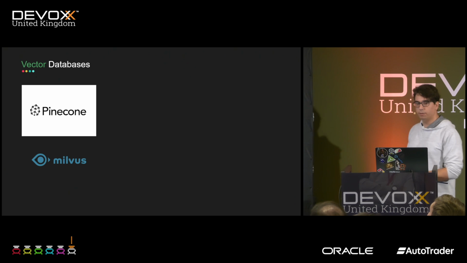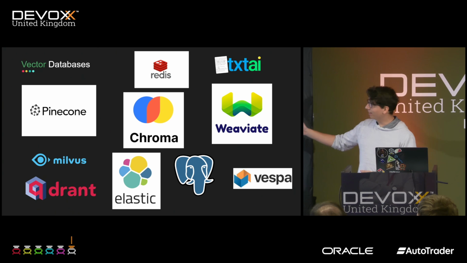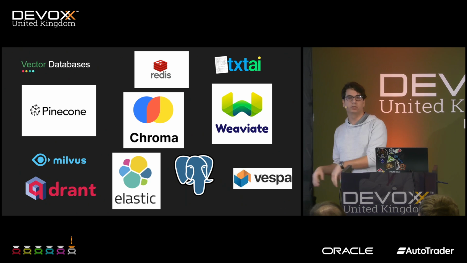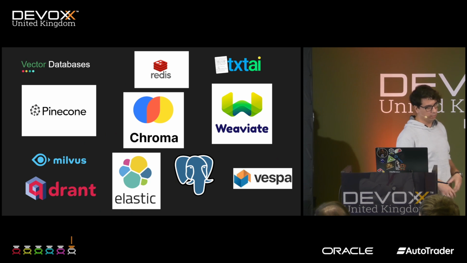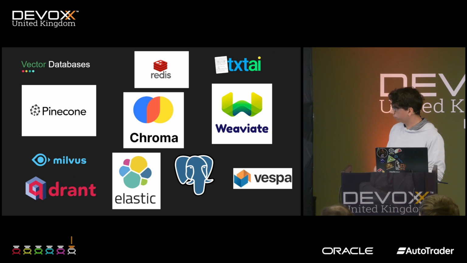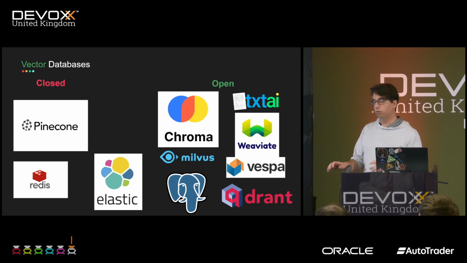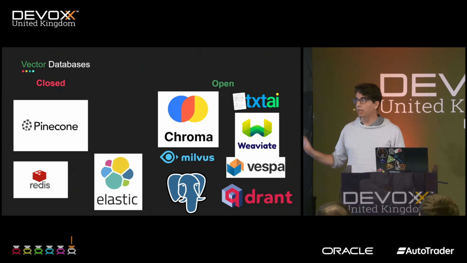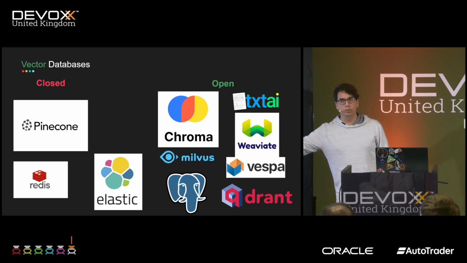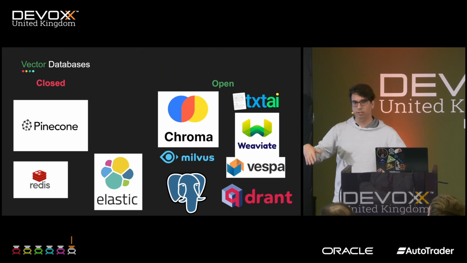If we look at the vector database ecosystem, there are quite a lot of them out there. After a couple of years, these have cemented themselves as the biggest vendors that only have a vector database. What's maybe interesting for you is that everything on your right side is open source, and on the left side is closed source. Redis is open source, but the Redis Stack things are closed source, and it's part of the Redis Stack, so that's why it's closed source.